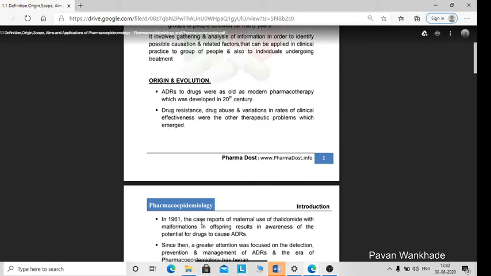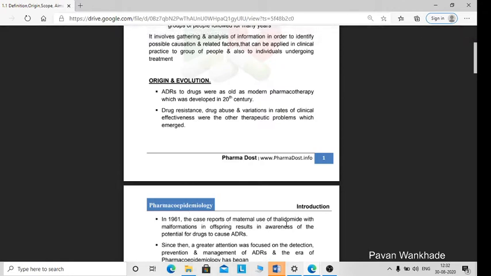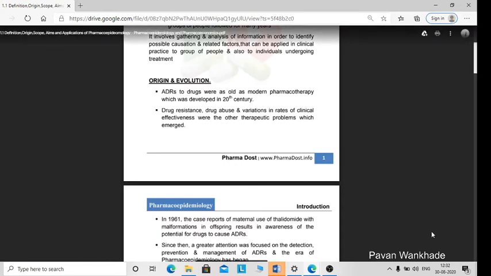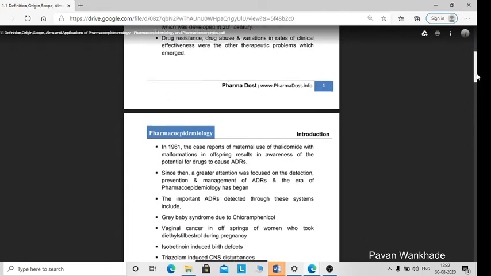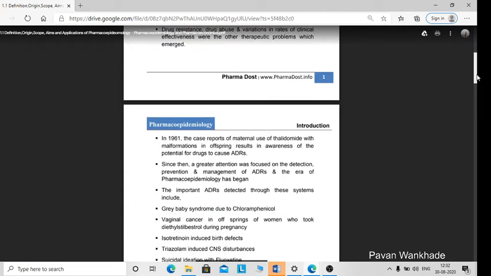In 1961, the case report of maternal use of thalidomide, an anti-thyroid drug, with malformation of offspring resulted in awareness of the potential of drugs to cause adverse drug reactions. If thalidomide is given to a pregnant woman, it causes teratogenicity and hence malformation of offspring. Since then, greater attention was focused on detection, prevention, and management of adverse drug reactions, and the era of